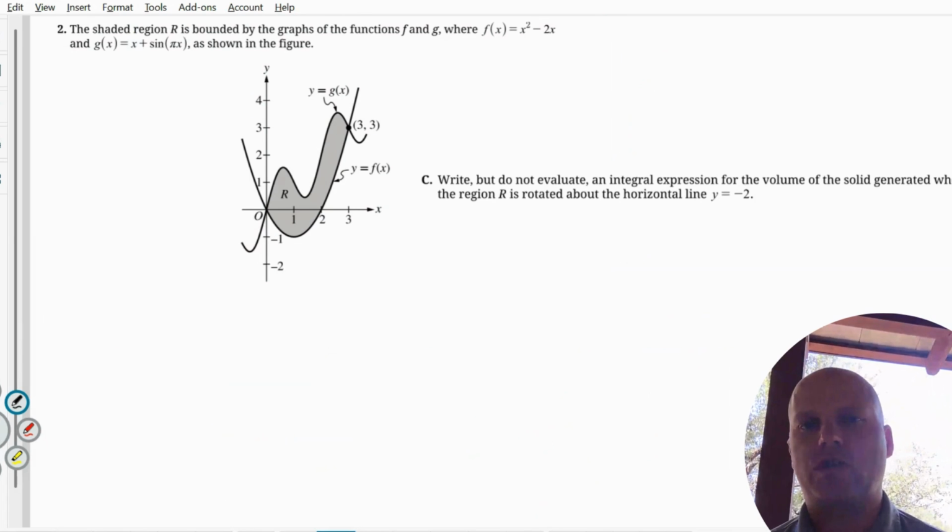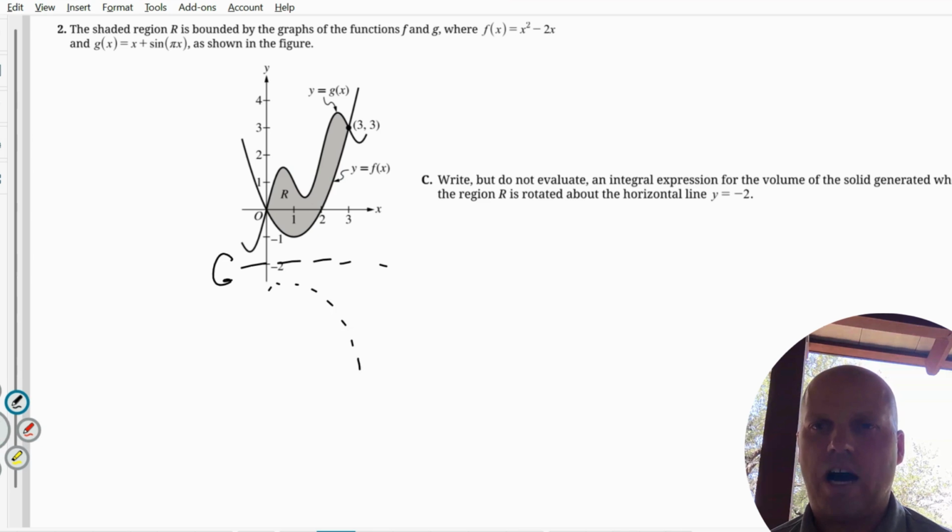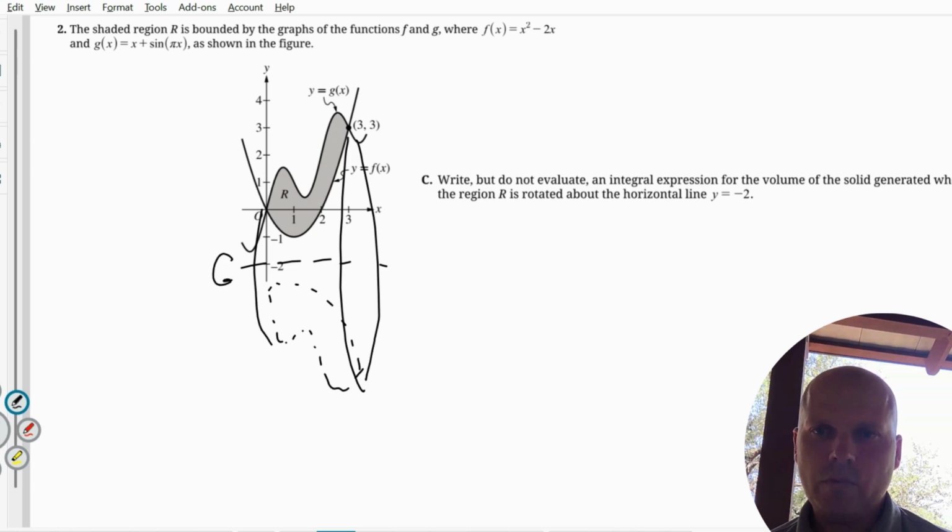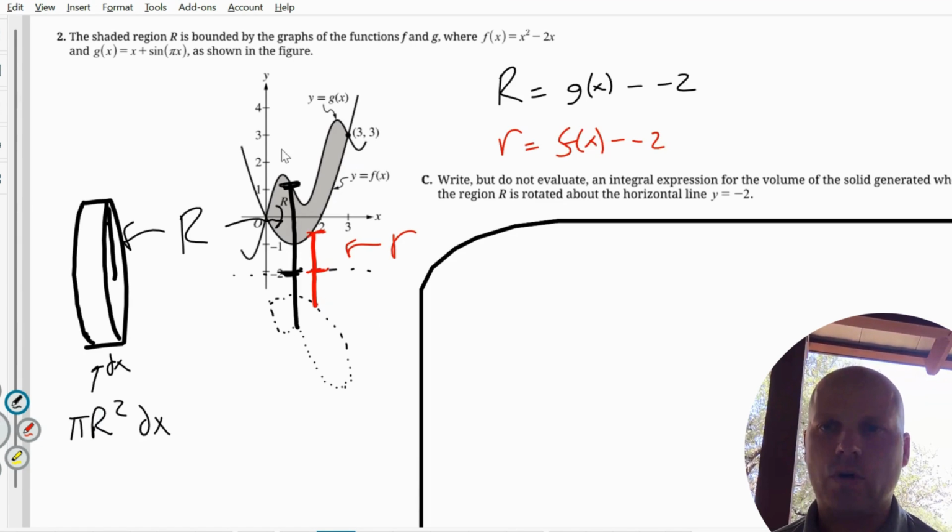Spinning, always tough for students to remember how to spin things. Now let's think about spinning. We are going to look at the line y equals -2. This is going to get spun around this line. So we create this three-dimensional object, and this three-dimensional object is going to kind of look cylindrical. We're going to have a bunch of circles because we're spinning. Well, the key concept is to take a rectangle, spin that, create a cylinder. Cylinders right here that have circles on the side where we have a radius and a height, but the height